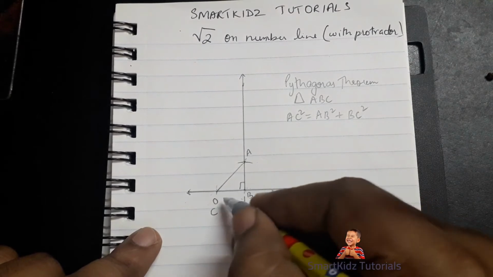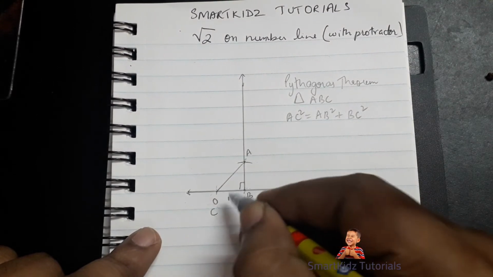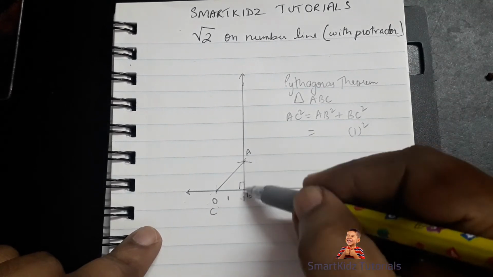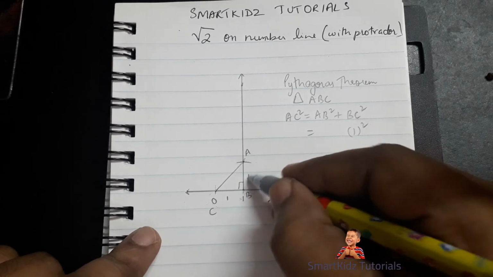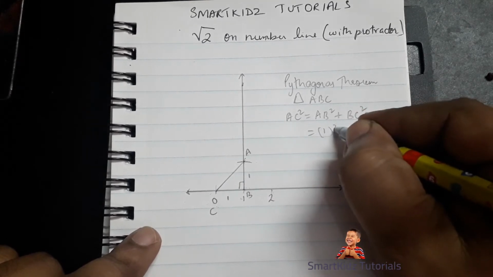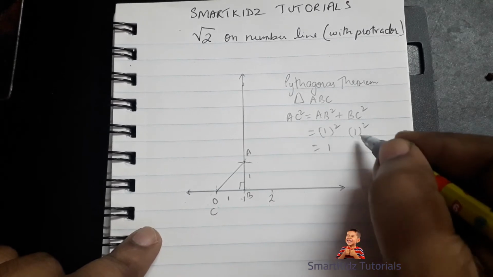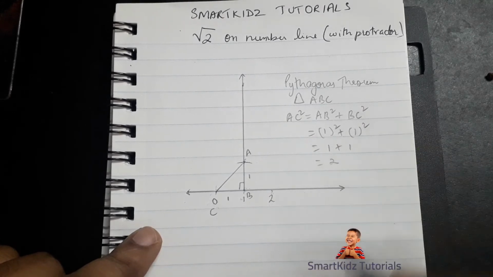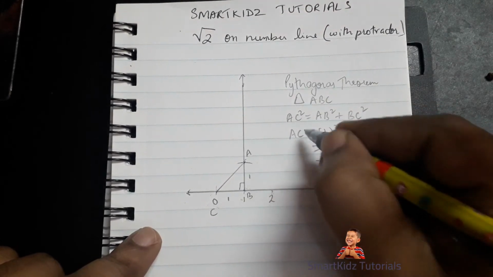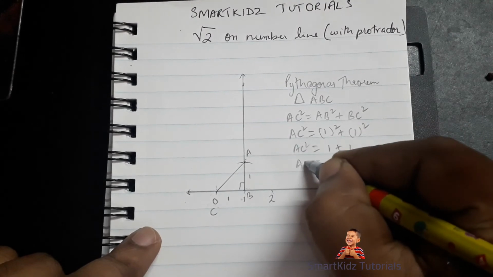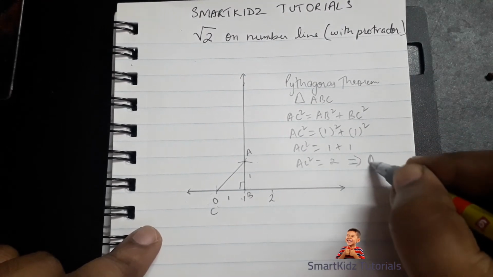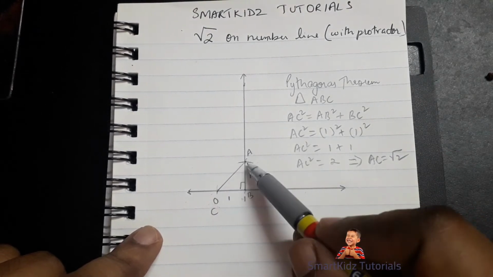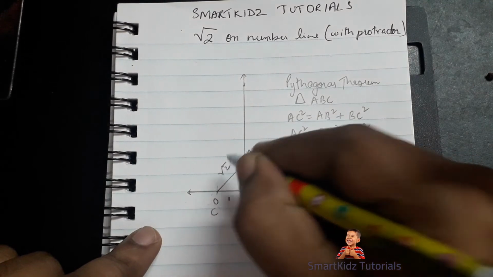Now BC or CB we know is 1 unit from here to here. So this will put 1 whole square, and we have also taken this as 1 unit AB, right? So we'll put this as 1 whole square. Now 1 whole square is 1 plus 1, that gives us 2. So that means AC square is equal to 2, and this implies that AC will be equal to root 2, which means this AC is nothing but root 2,